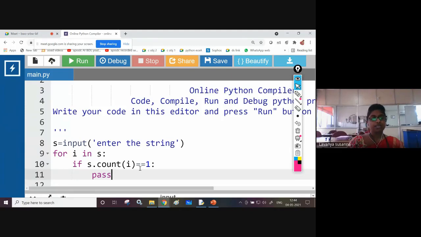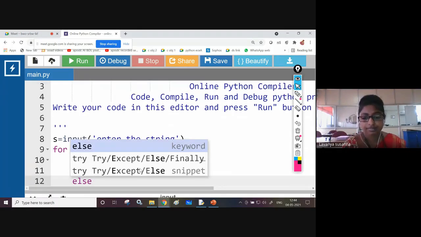You want only greater than 1. The count must be greater than 1. If the count is greater than 1, that means it is a repeated character, right? Count will count how many times it is there. Here you need only the characters whose count is more than 1, meaning repeated many times. So that's why I am doing nothing for the others. Pass means nothing.